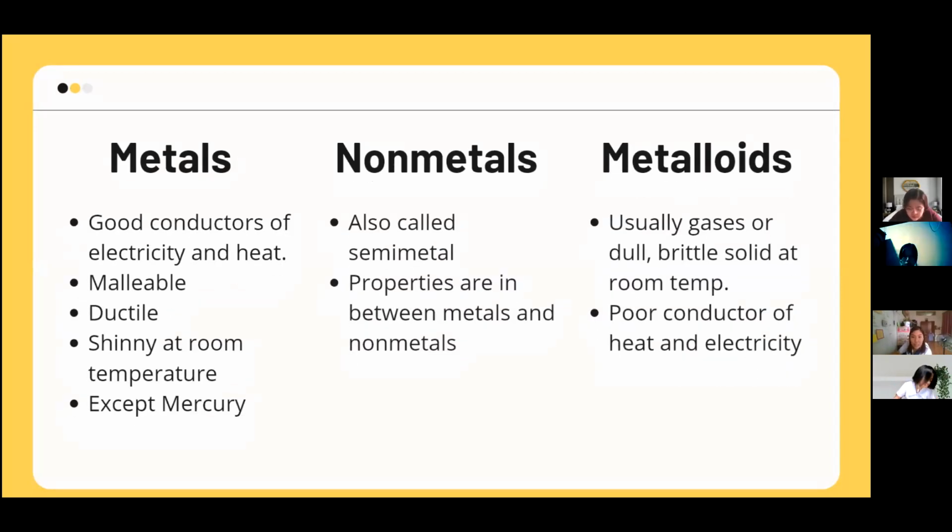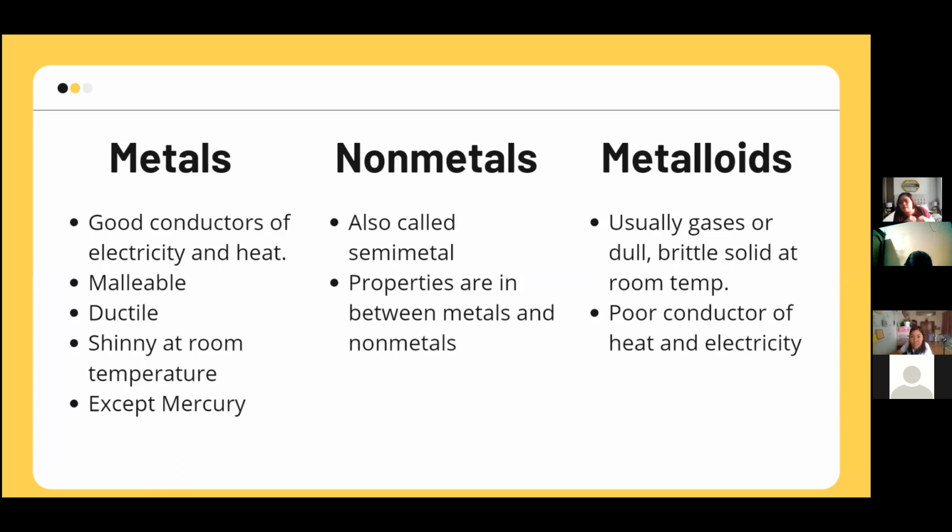So also, ang elements are divided into 3 groups according to their physical properties. We have metals, metalloids, and non-metals. So first are metals. So sila ay good conductors of electricity and heat. They are malleable, meaning they can be hammered into thin sheets. They're also ductile, which means it is the ability to be drawn into thin wires. And they also appear shiny at room temperature. And sometimes we assume na all metals are solids, but not in the case of mercury, because si mercury, although metal din siya, pero it appears liquid at room temperature.